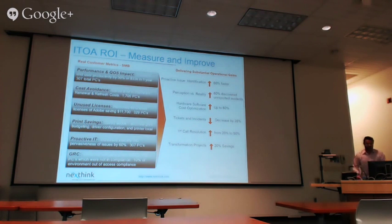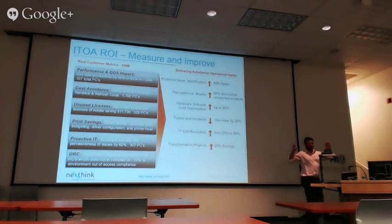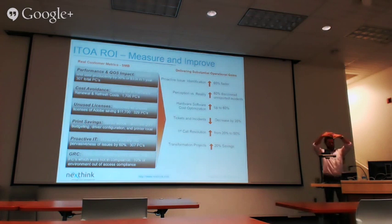The other one I thought was interesting, and this is going to be my point on IT operation analytics from the end user's perspective. We were, again, in a proof of concept. This time it was for a bit larger of an organization, and I look at all the data coming in. So I'll talk a little about our solution. Our solution pulls data in real time constantly, so it's more of a data in motion than just big data in trending, right? We pull all this data in, and we're taking a look at it and go,